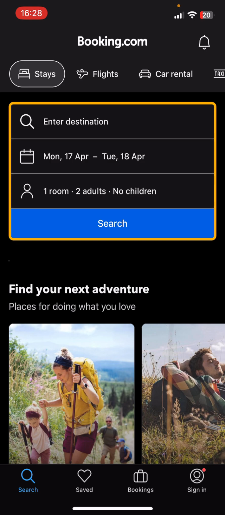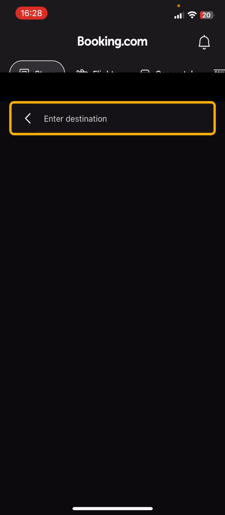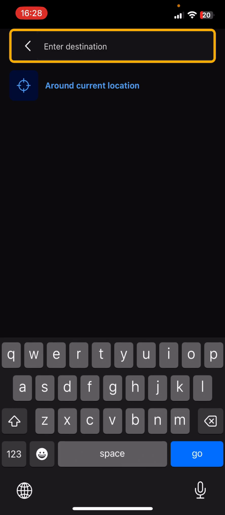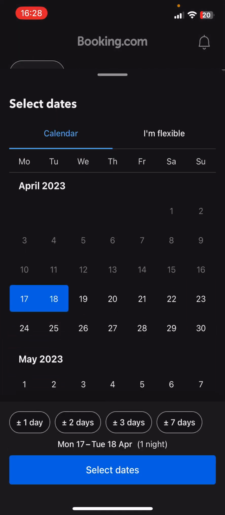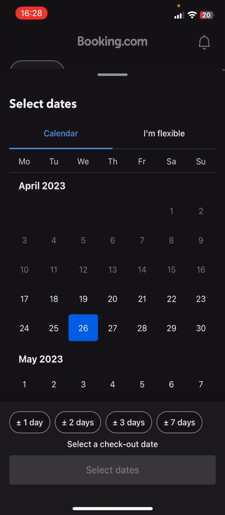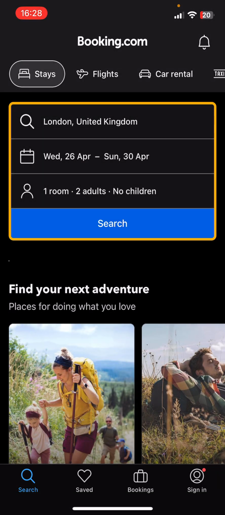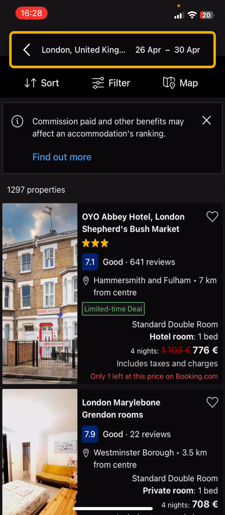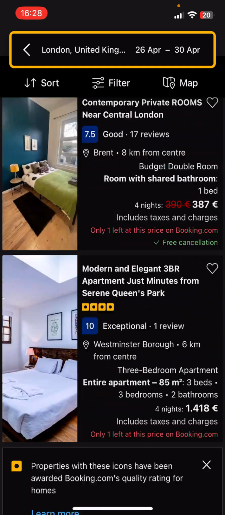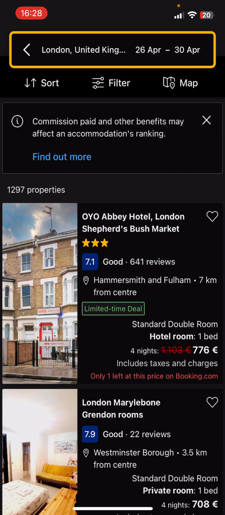And at the stays option here as well, you have to enter the destination. Let's say London. Okay, the date and the rooms. I mean, if you want one room, how many adults or children, and click on the search. And here as well you will see the best options. You can filter your options or see on the map